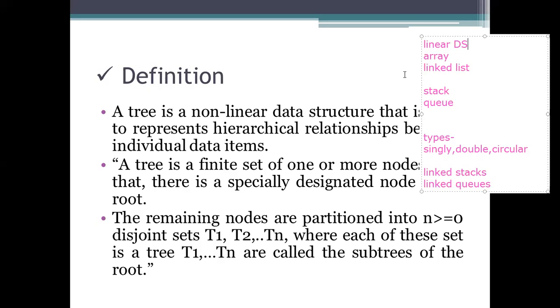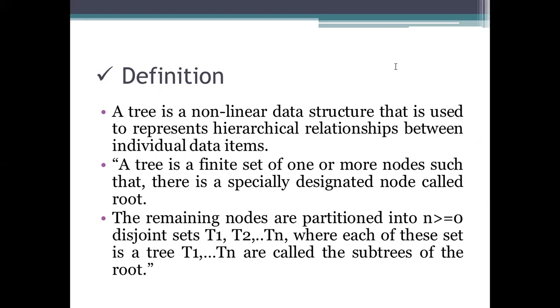Here we are seeing a non-linear data structure, which is used to represent or store the elements in a hierarchical manner. Hierarchical manner means we are providing a relationship between the items which have been stored there. The simple example we can see here is,